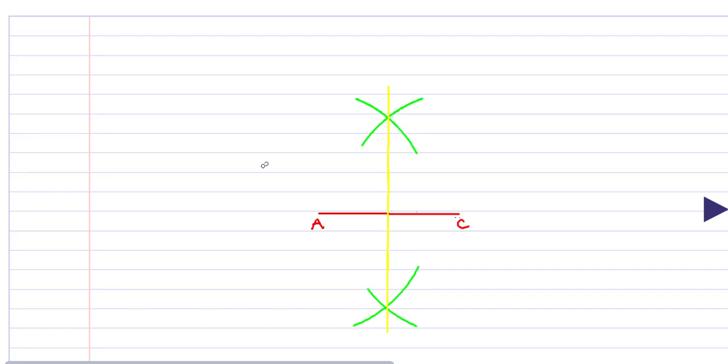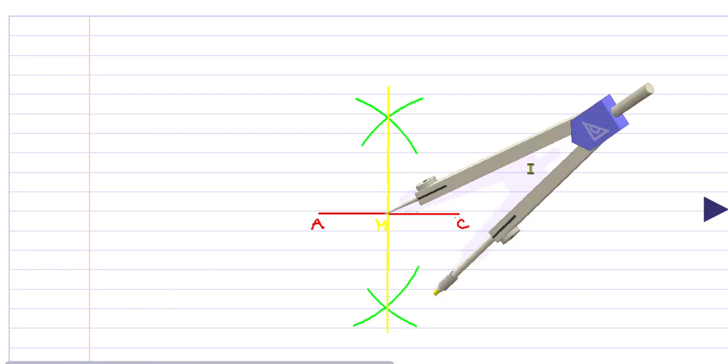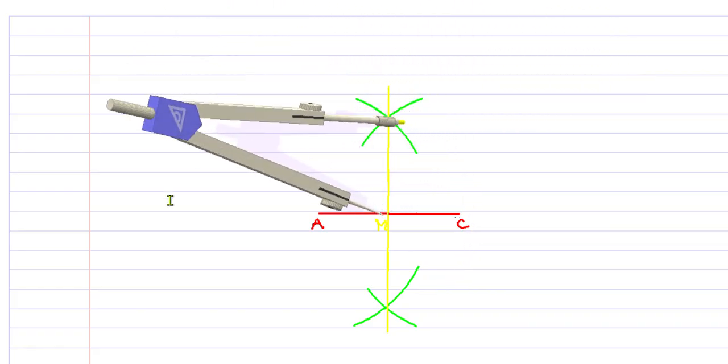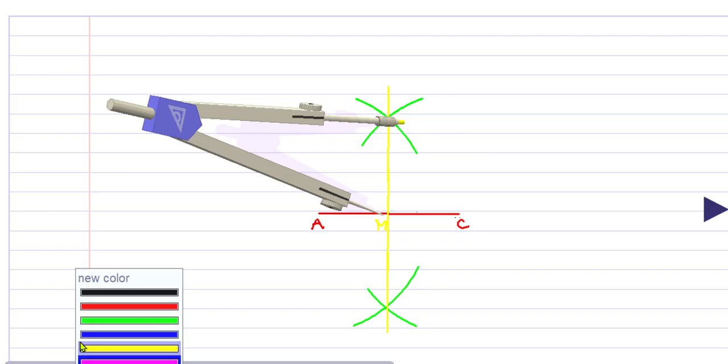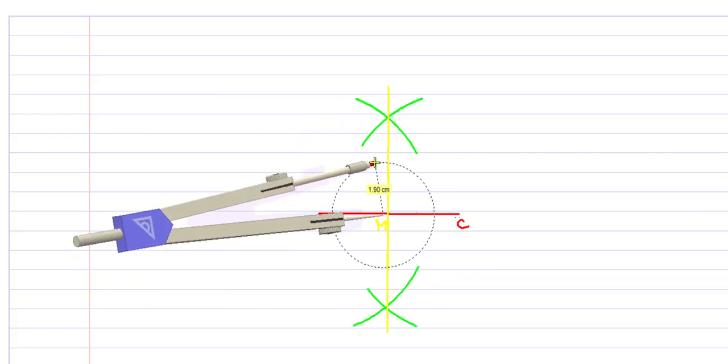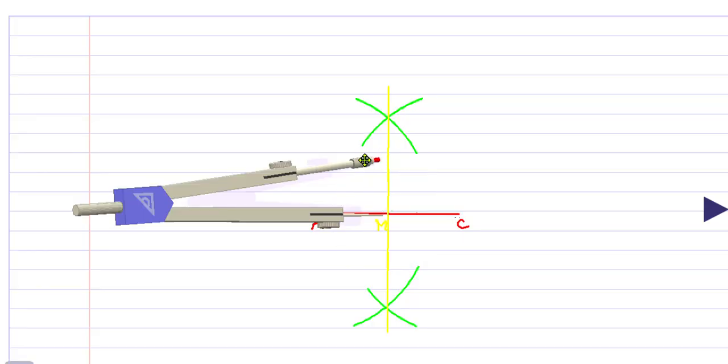Okay, students, so till this point we all know. First, draw one of the diagonals. Here I have chosen 5 centimeters and I have constructed the perpendicular bisector. So I have got my midpoint. Now at the midpoint, I shall put the tip of the compass. So this is my midpoint M. At point M, I shall put the tip of the compass and radius equal to half the length of the other diagonal. In this case, the length of the other diagonal is 4 centimeters, so I will choose half of 4, that is just 2 centimeters.